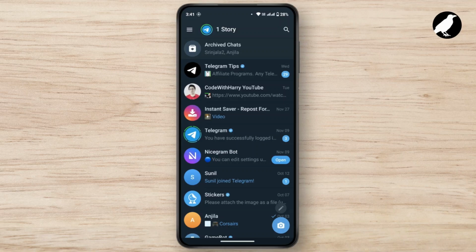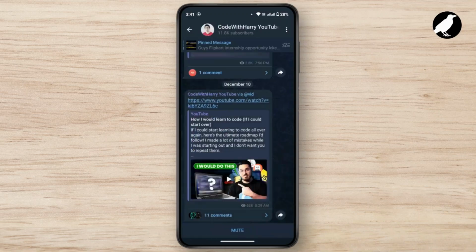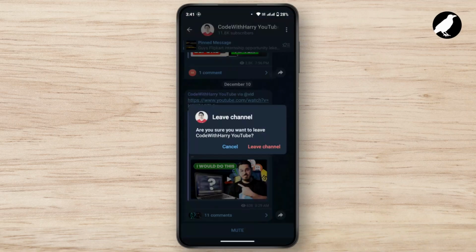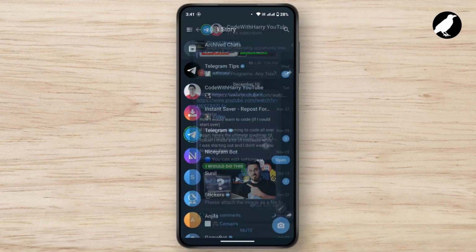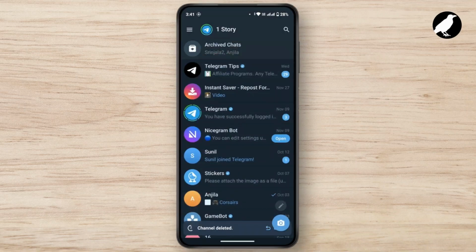For example, I have this channel joined here from my Telegram account. Now if you tap on the three dots icon from the top right corner and tap on leave channel, now confirm it again. Now the channel will be deleted from your account. Now if you have done the same thing, and again you want to recover the deleted channel, what you have